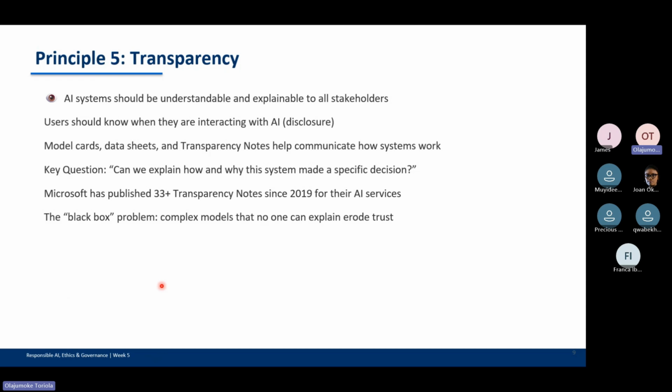And if you're going to be part of the people building AI systems, we don't want you to add to the number of the black box problem. So what we need from you is that when you're building AI, model documentation is quite very important. And also clear explanation is quite very important. So these are the transparency. It just means that when people interact with AI, they will understand. AI must be explainable. It must be able to explain itself. A key question you should ask yourself is, can we explain how and why this thing makes a specific decision? This is quite very important.